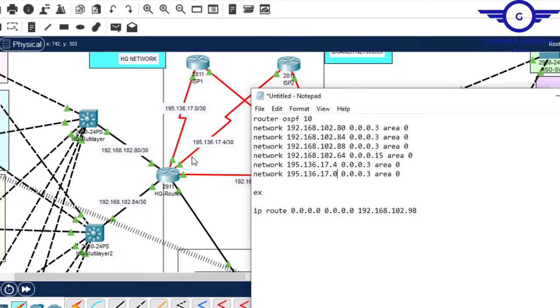So guys, we have advertised how many networks? 1, 2, 3, 4, 5, 6. .84, .80, .0, .4, et cetera. So also we need to configure static route